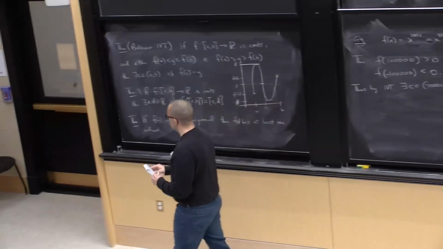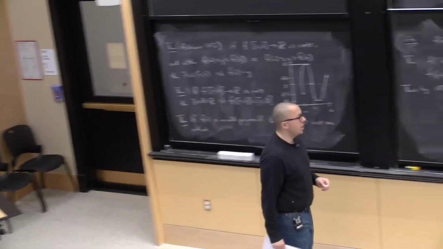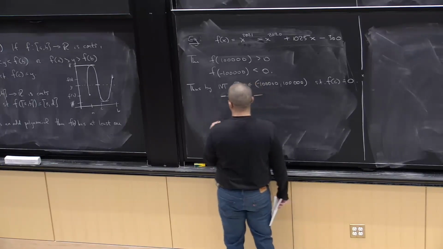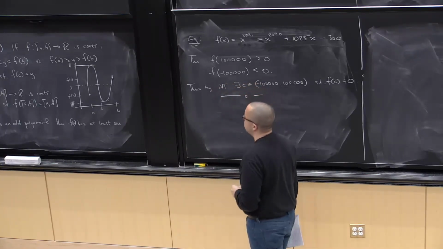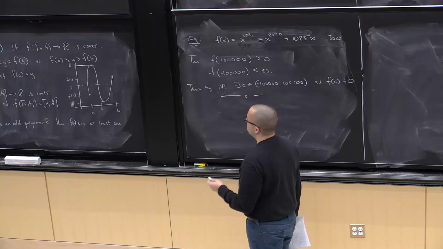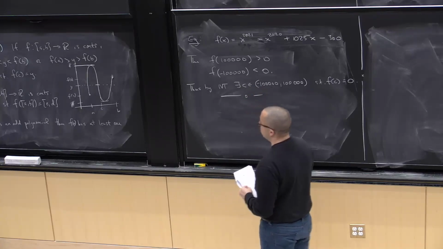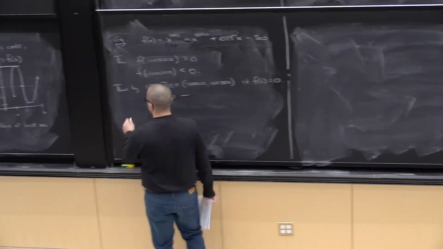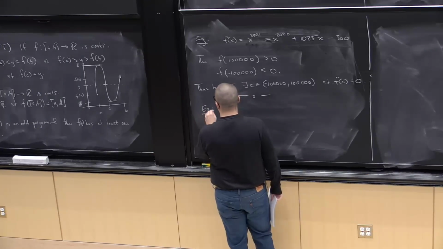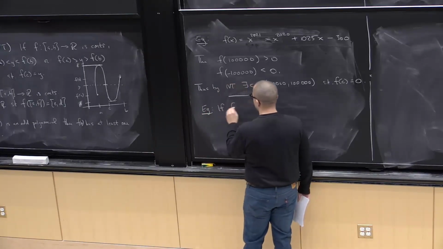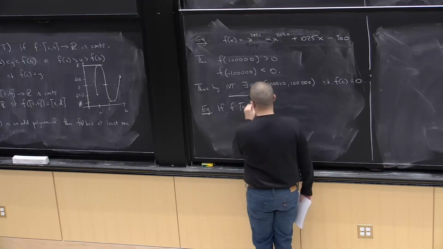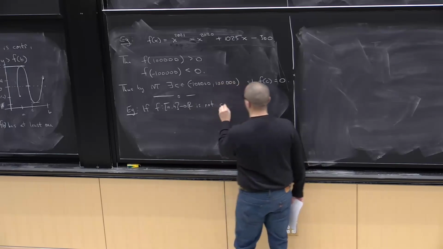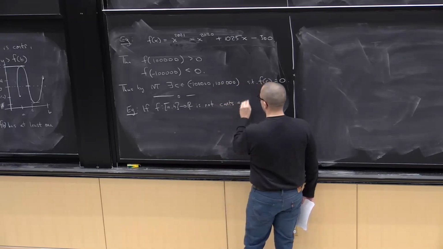Okay? Now, of course, one other thing we did with the statement of the min-max theorem was ask: can we drop any of the assumptions on this theorem? And you can see that the example is no. So the question is, if f from a closed and bounded interval is not continuous,